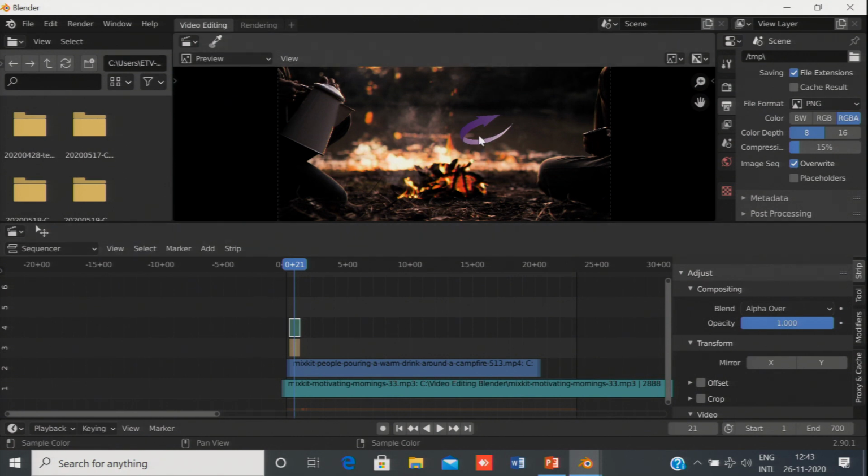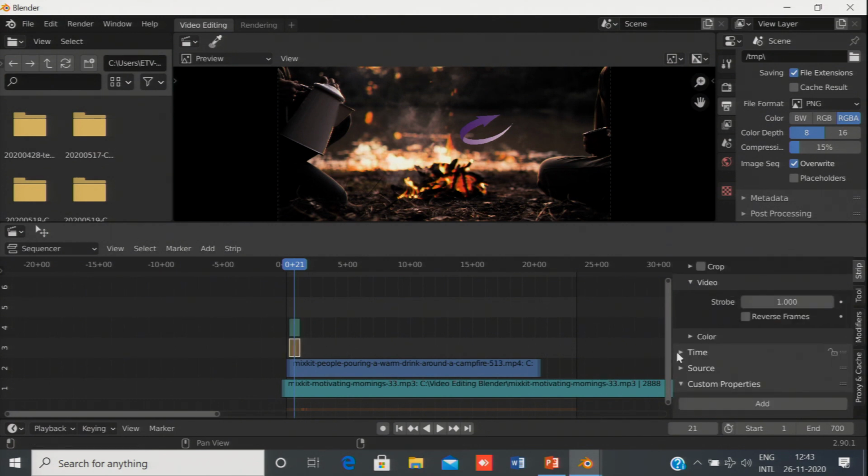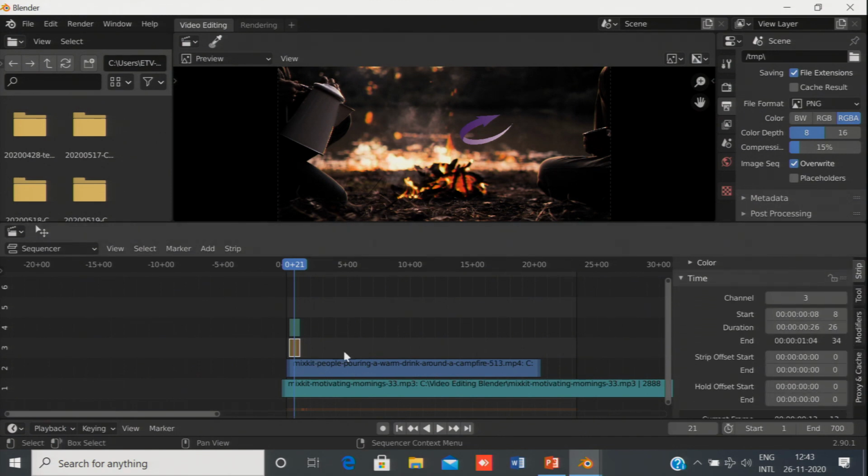You can also change its position, which we had already done. We moved it from the left hand side to the right hand side. And now, another thing that you must have observed, that the duration of this arrow is too less. I wanted to cover the whole video. To do that, click on time, we have got the start and the duration, just change the duration by moving it.